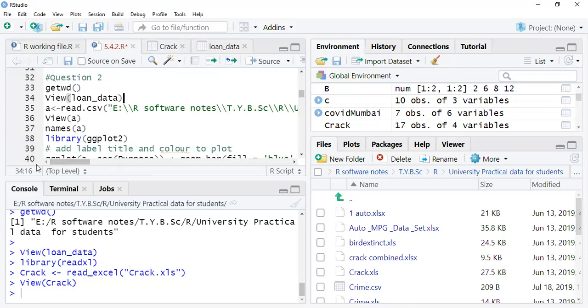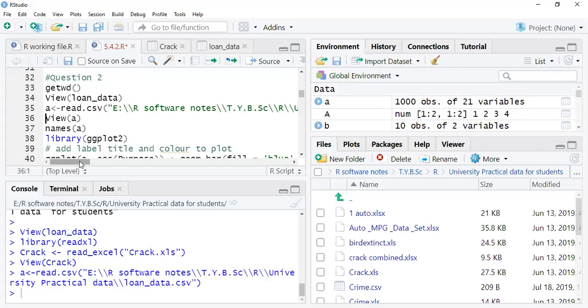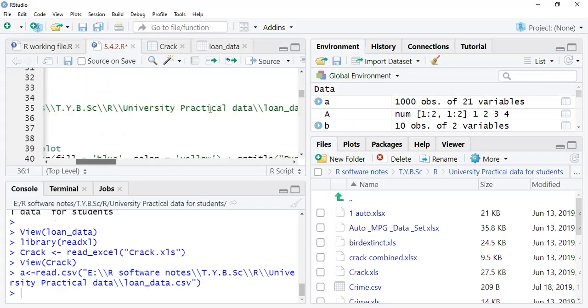This is not related to the question, but let's move to the questions which we are actually interested in. So I can access this loan data set even if I run this one, because I have written the same path. If you are able to see the path, university data file for students, I'm not using it, but you can, because I have just copy pasted it for posting the data in Canvas. So I have written for students and for myself. So I'm using my data only, no problem.